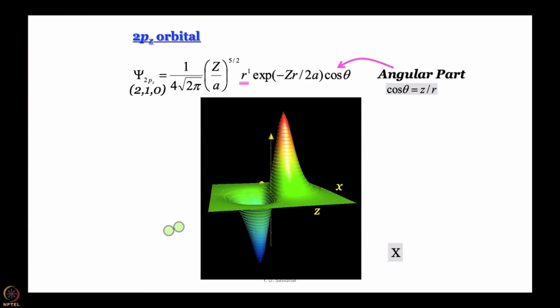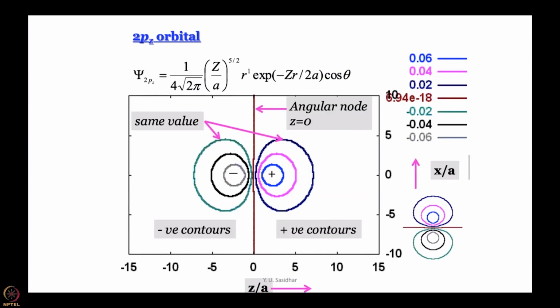That is why you get this kind of a 3-dimensional picture, and when z becomes negative, of course the entire thing becomes negative, and what you see here is the contoured lines. So, if I look from the top or from the bottom, what kind of projection do I get? What kind of a contour diagram do I get? I get something like this. Do you agree? Look down from the top, this is where the positive peak is, this is where the negative peak is, check, this is the z axis, this is the x axis.